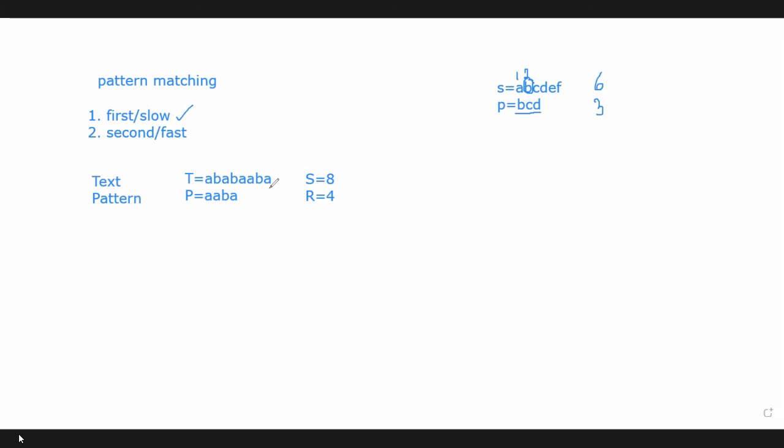This first pattern matching algorithm will check all the possible substrings of T with the given pattern. That means at first the string will be divided into some substrings. Then it will compare all the characters of the pattern with all the characters of the substrings. Is that clear? Yes, ma'am. The string T equals A, B, A, B, A, A, B, A. Now we have to create some substrings, and we know how to create substrings, right? What is the function, or how many parameters do we need? We need three parameters: the text, the position, and the length of the substring.